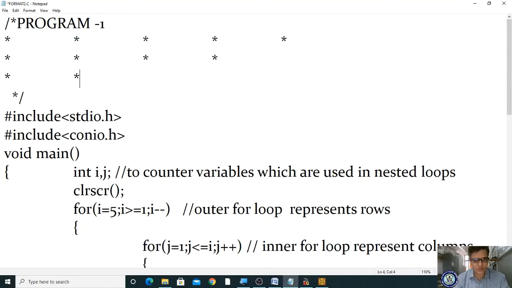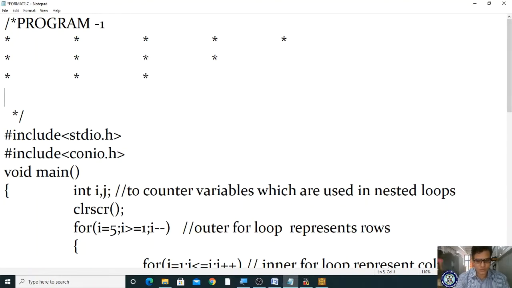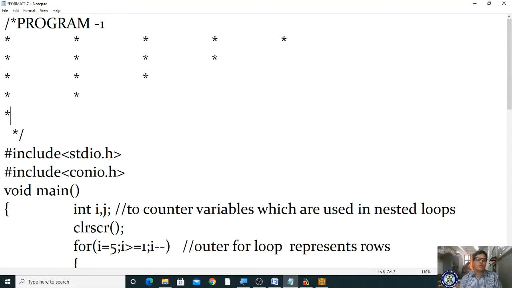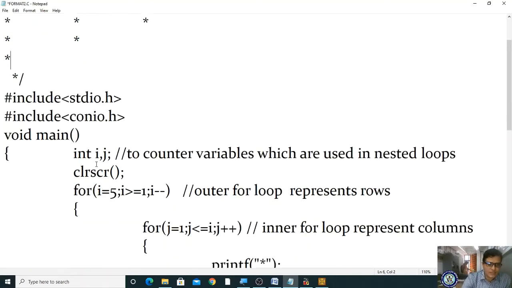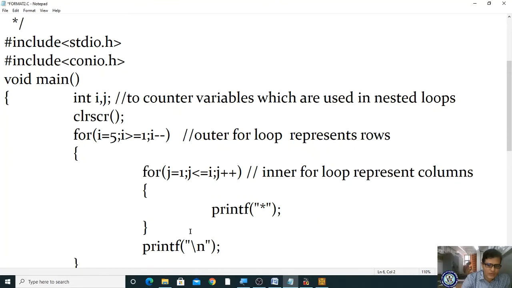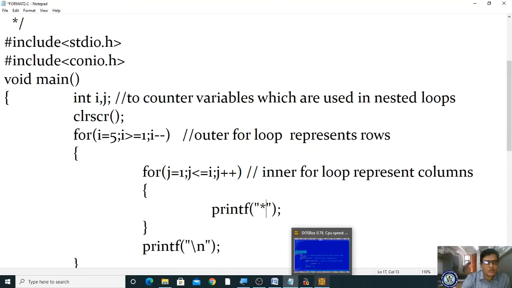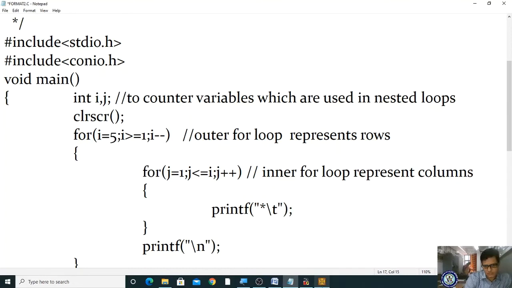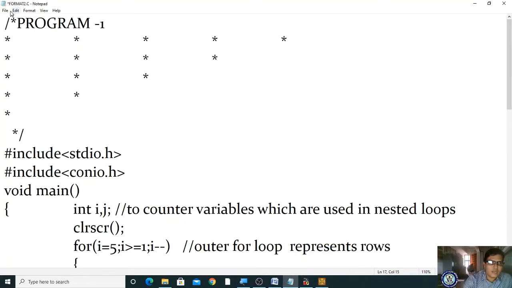So to print this format, what are we supposed to do? Now 1 and 2, right? And next it is 1. So now what are we supposed to do to print my format like this? Clear? So already you know the logic is the same, right? While printing, after the star, I'm going to be using \t. Got it? What does \t stand for? Tab space. After the first star, it will take a tab space. Got it? So let me save and explain it.